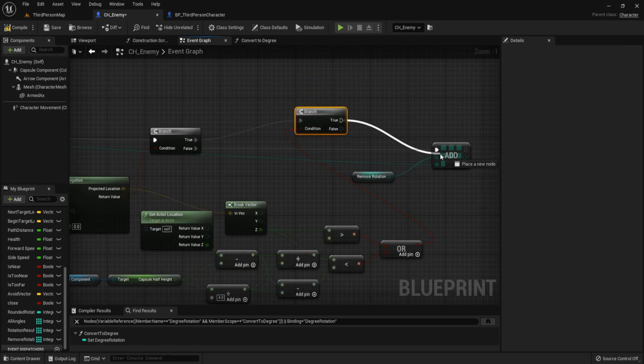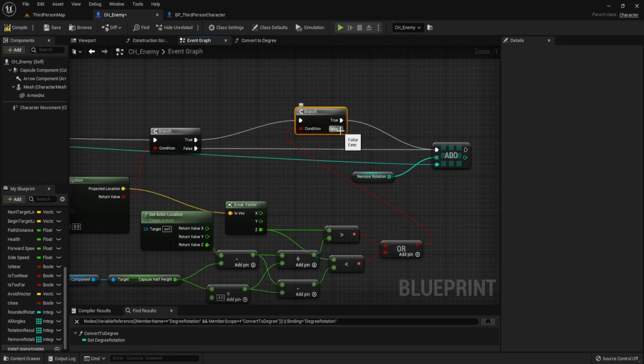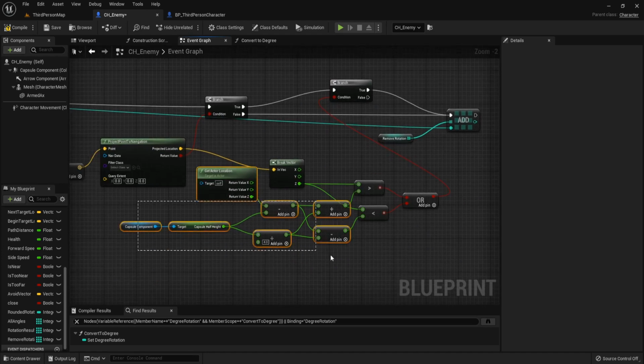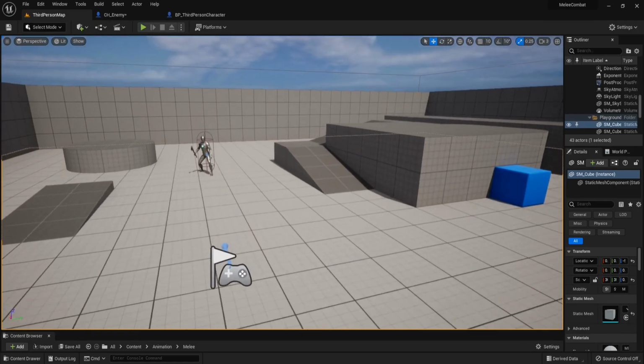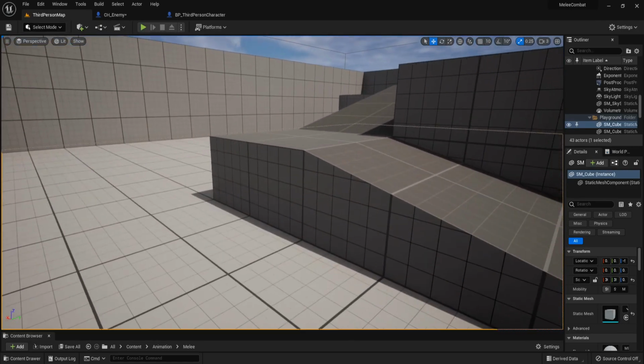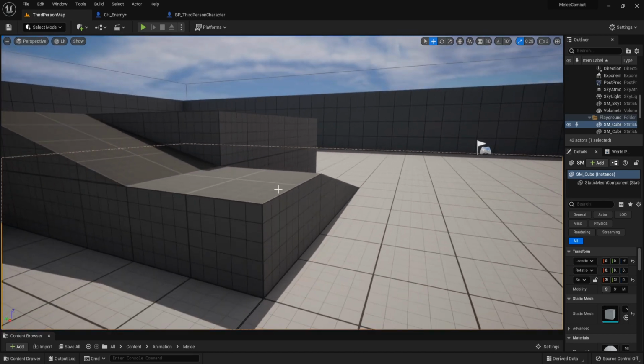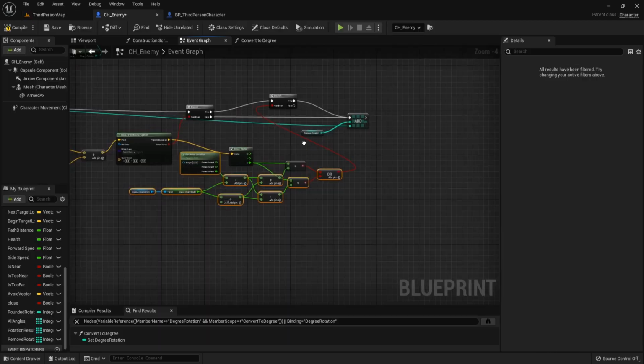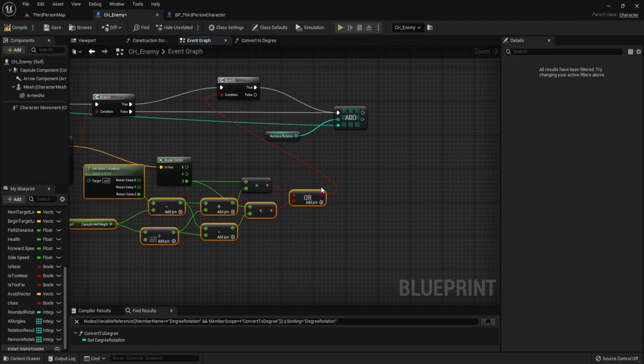If it's true, we remove it from the rotation, and if it's false, we don't remove it. This logic prevents points that are too high or too far below the actor's z value. For example, if the character walks near a slope that is too steep, that point will not exist for the character to walk there. And to debug it, we call